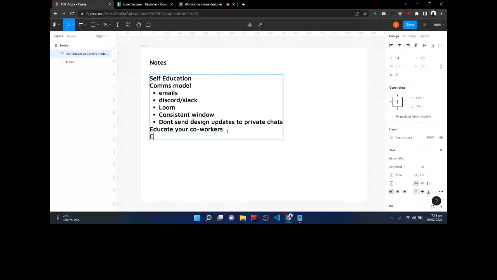This is also important. Create a template for every recurring task. Sorry about me typing slow, I'm actually holding my microphone with one hand. So create a template for every recurring task. Now, what do I mean by this? As a lone designer, picture this. As a lone designer working in a startup,